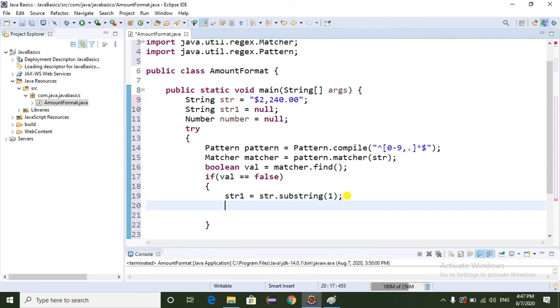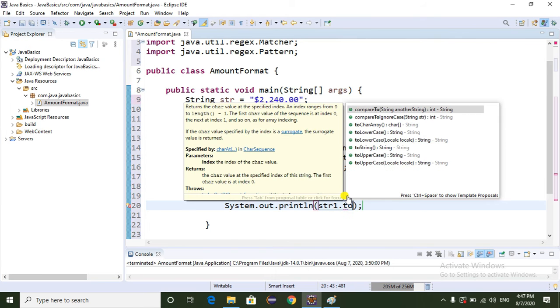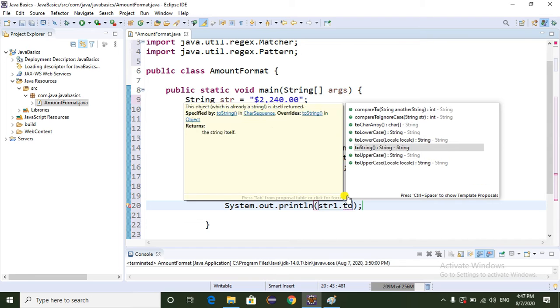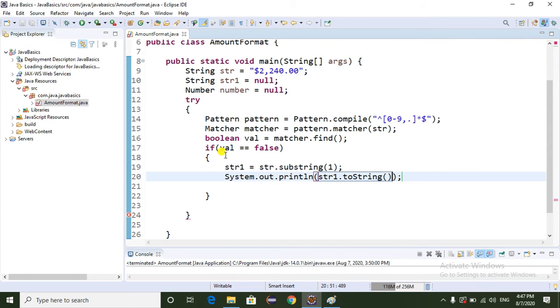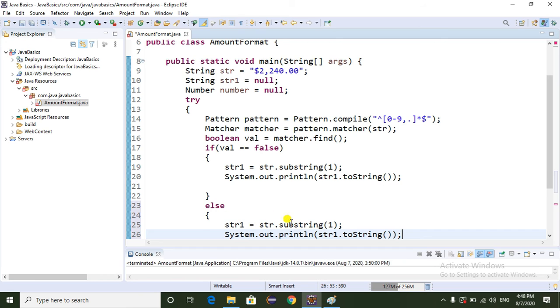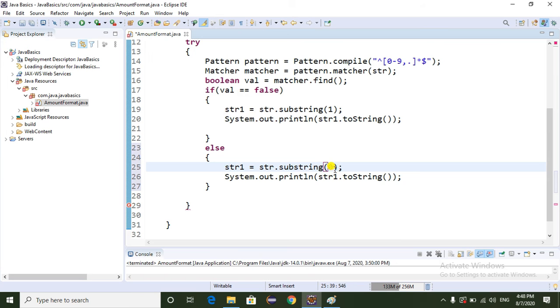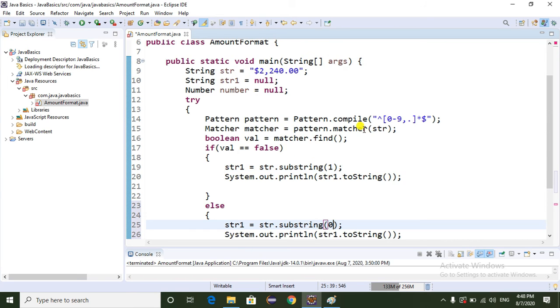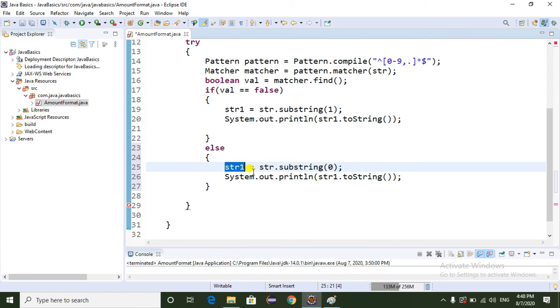Now I am going to print System.out.println(str1.toString()). If the boolean value returns true, then in the else we have to write like this only. Here I am passing 0. That means it does not remove any character from the amount field. That means it is not allowing the special character, that's why as it is we are sending the string value.